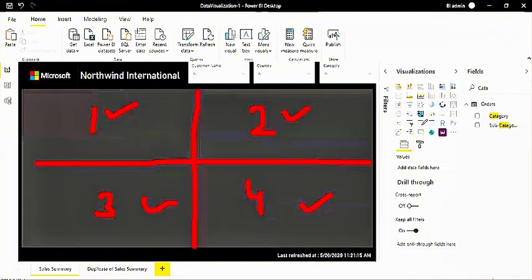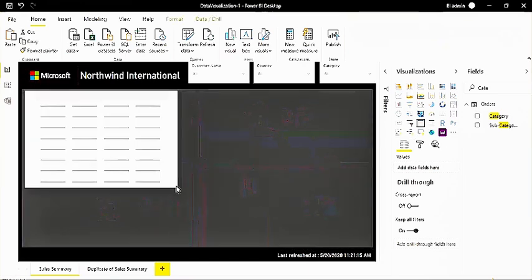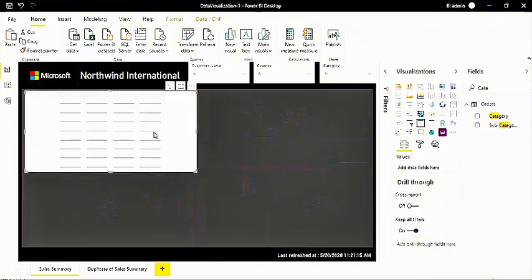So let me just show you here. If I add a table, just visualize that we have the four quadrants, 1, 2, 3, 4. I'm just disabling it. Now I added this table. In this table, I'm going to visualize the data from my customer orders.